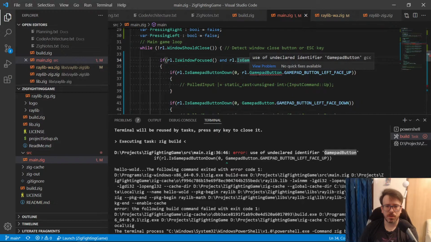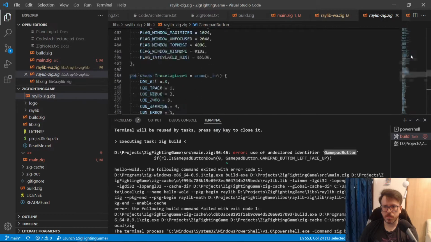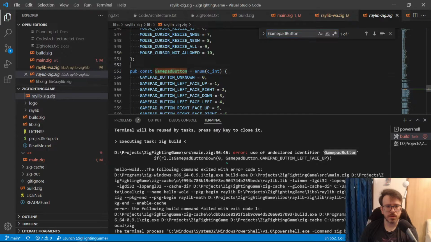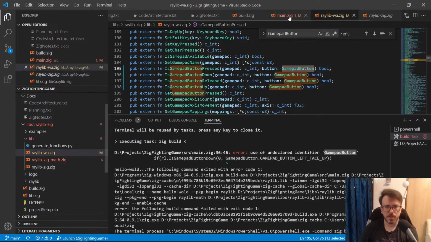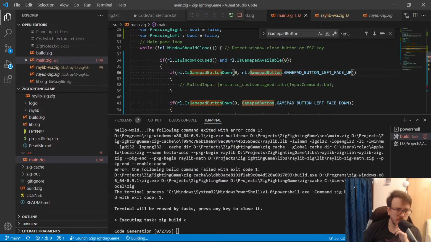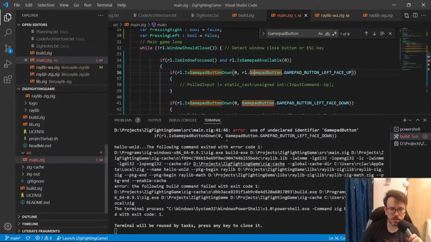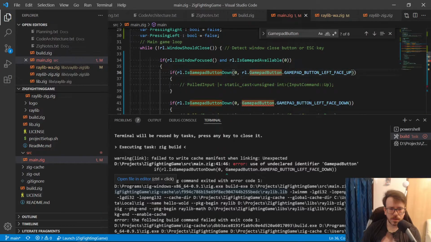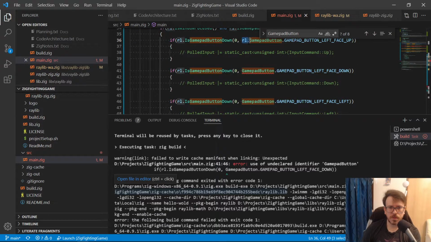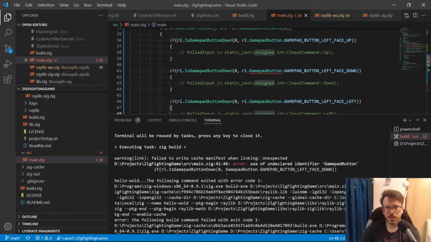Does that work? Is this a submodule or something? I'm really confused. It should be part of RL, right? I don't understand quite why that wouldn't work. Okay. So, okay, got it. I'm so used to the C way of doing things, right? This global enums and...